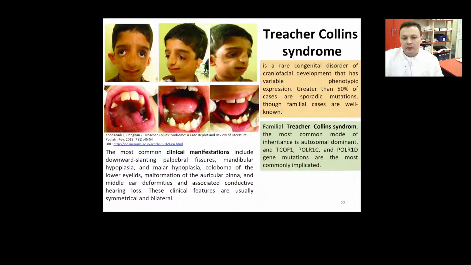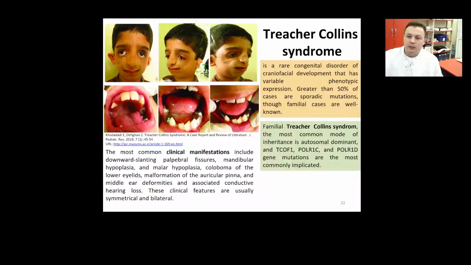Treacher Collins syndrome, also called mandibulofacial dysostosis, is a rare congenital disorder of craniofacial development and has variable phenotypic expression. Greater than 50% of the cases are sporadic mutations. Also, familial cases are well known. In familial Treacher Collins syndrome, the most common mode of